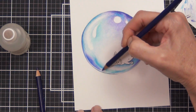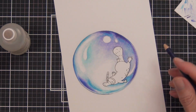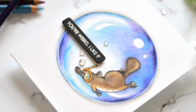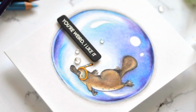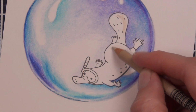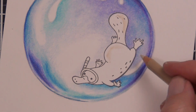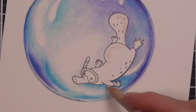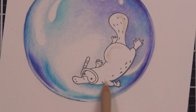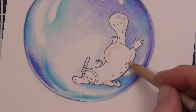Who would have thought colouring a bubble would be so hard, especially a big bubble like this one? I actually think it needed a bit more depth on the right upper portion above the platypus. I think that would have really helped give it that rounded effect. I don't think I quite achieved that look, so I'm going to have to go back and practice this again, maybe